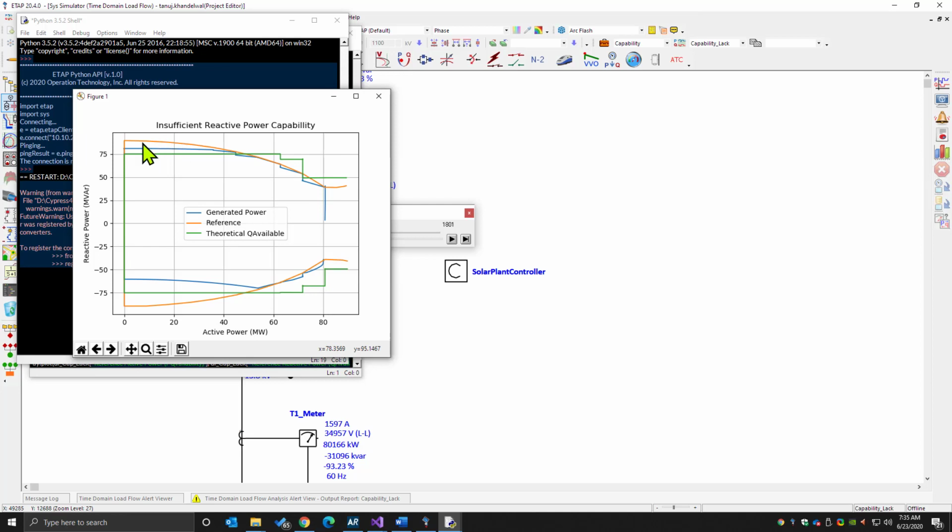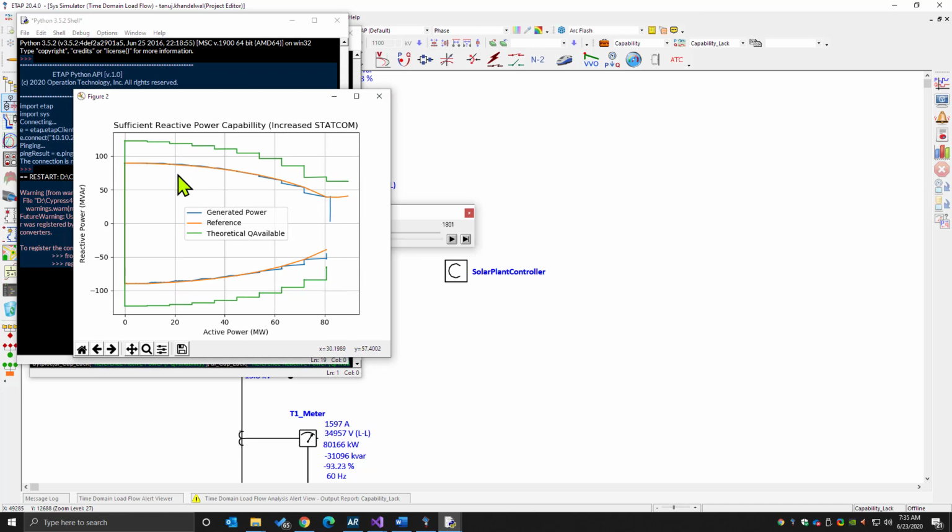So therefore, in this case, we can see that there's insufficient reactive power available in this system. And one of the ways to increase that, again, is to essentially increase the size of our STATCOM. So if we go ahead and increase the size of the STATCOM, and once again, in the interest of time, we've already done that. And once you increase the size of the STATCOM and rerun the simulation, you can see that the